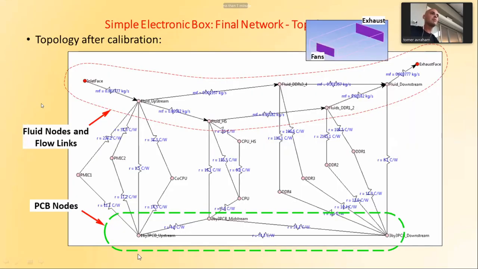But look here, PCB nodes are the ones you know. These are thermal resistances measured in Kelvin per watt. But we also have fluid links. Fluid links would measure pressure, let's say, through the